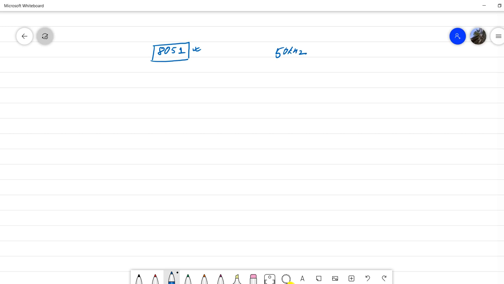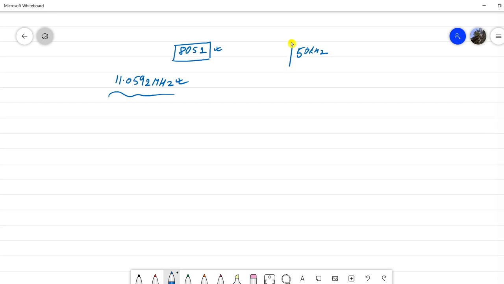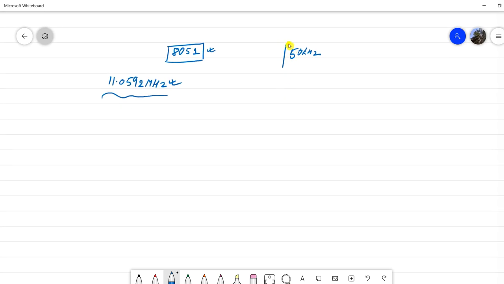We all know that the frequency of the crystal oscillator built in inside the 8051 is 11.0592 megahertz. But we have to generate the square wave of 50 kilohertz.